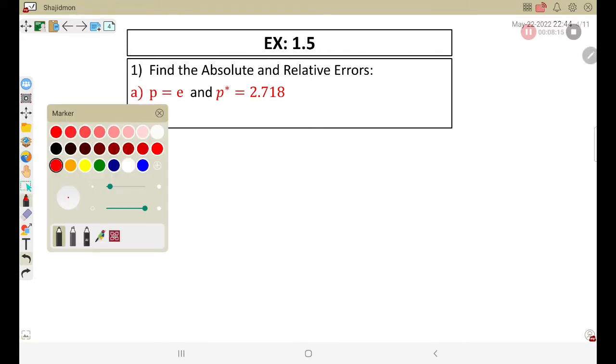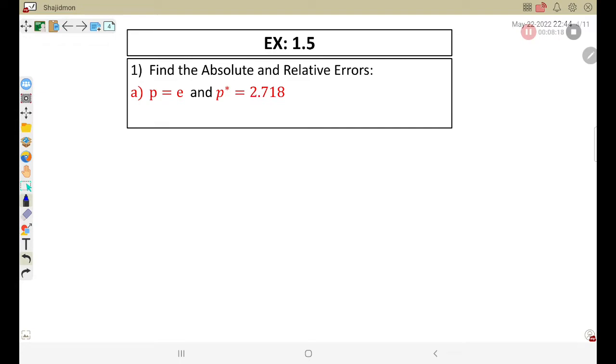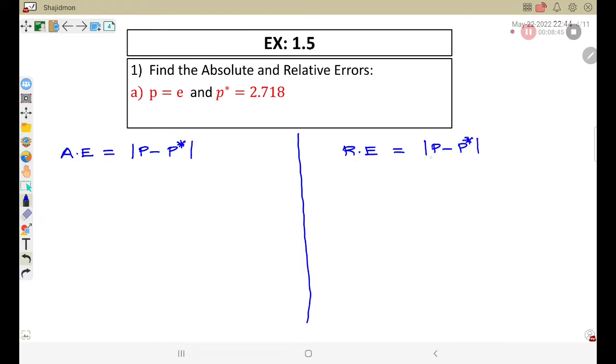First question. Find the absolute and relative error. Correct? P equal to e and P star equal to 2.718. So what do we need to do for that question? We need to find the absolute error. You know the absolute error rule: absolute P minus P star. And we need to calculate the relative error. I am using the short notation: absolute P minus P star divided by absolute P. Okay, we need to apply the numbers: absolute P number, what is the P number? e, minus P star number